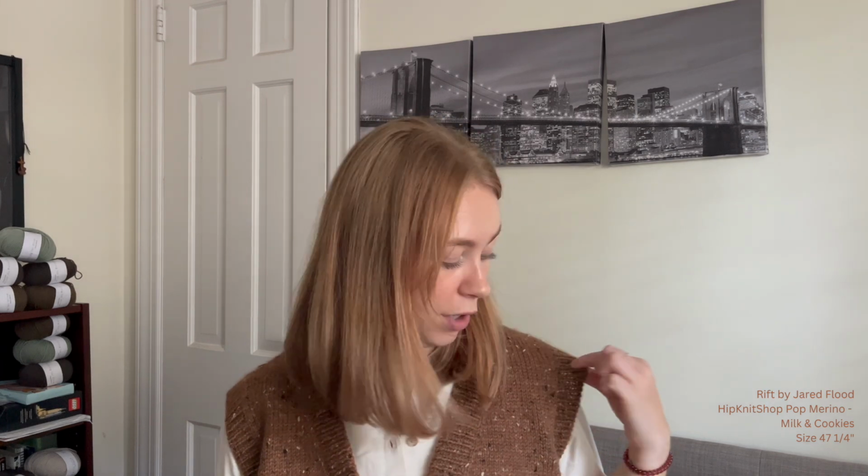I do the same thing for vests. I'll stop and I'll work the cuffing and then I'll finish, unless it's a really tiny vest or I'm not worried about running out of yarn, just so I can have an idea of how much yarn I have. So